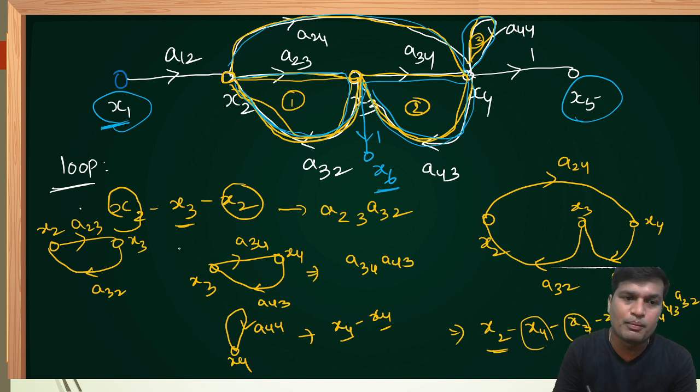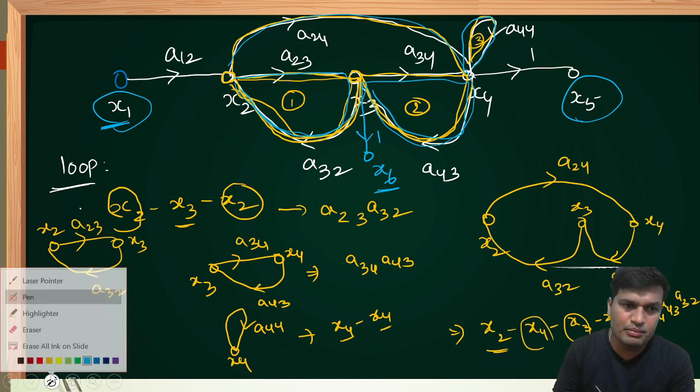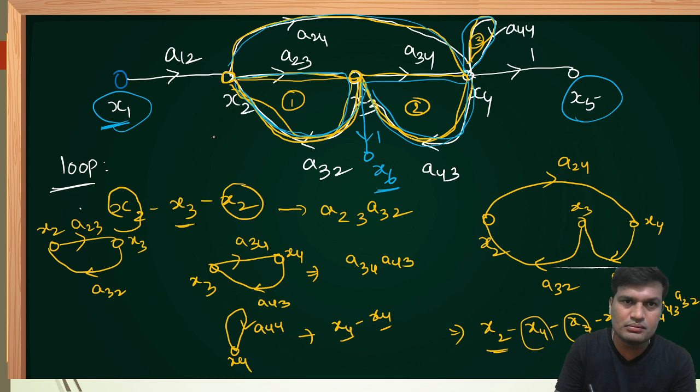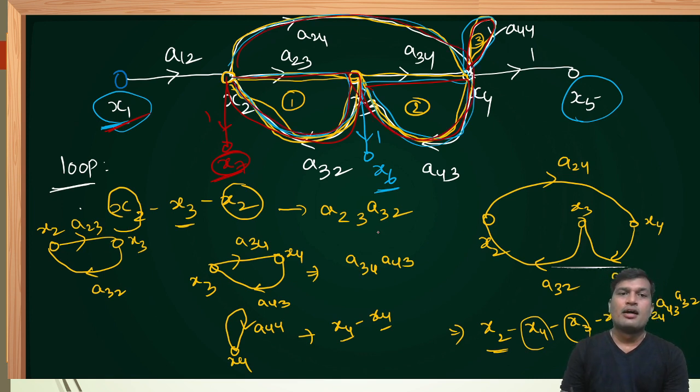Let me change one more color for better understanding. Let me connect a branch gain of unity here. Let's say it is another output node. Right now the input node is x1, output node is x7. How many loops? This is the first loop, no doubt. This is the second loop, the third loop, and the fourth loop, no doubt. That means the number of loops remains the same, even if input and output nodes change.